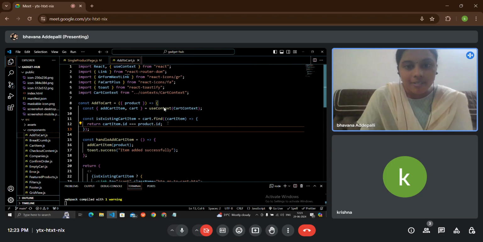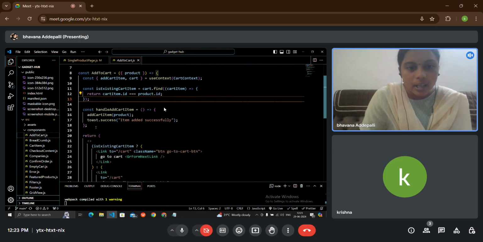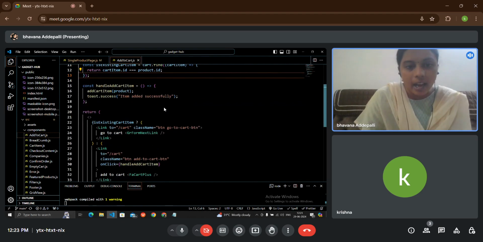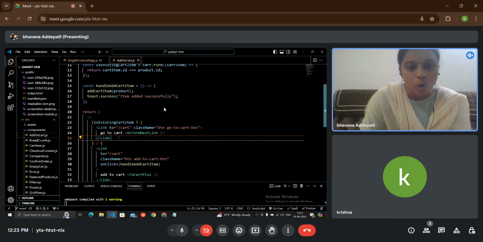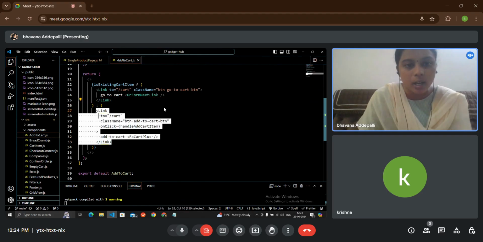Here the find method checks whether the cart item is equal to the present product ID, sir. If the item is already present in the cart, it returns true, sir. So if the item is already present in the cart, I have shown a button to go to cart, sir. This takes the person to the cart, sir. And if the item is not present in the cart, I have shown an add to cart button, sir.